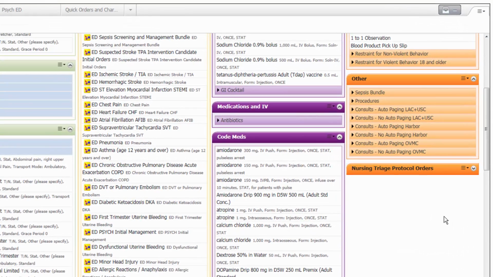From the Place Order screen, you can also order consults. Some consult services have a static service pager and are labeled as auto-paging, which means that once the order is placed, a page with the patient's name, medical record number, and your callback number will automatically be sent. Those that are labeled no auto-paging will not send a page, and you must separately page them through your hospital's paging system. In all cases, please order the consultation so the timing of your initial contact attempt can be documented